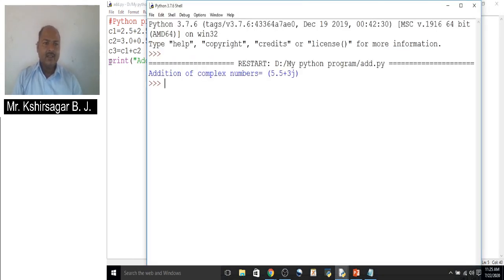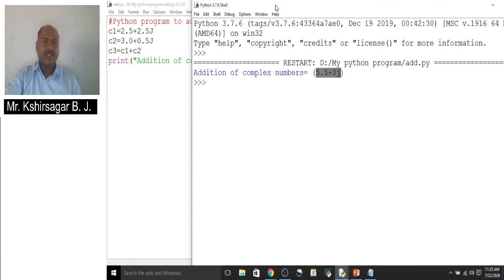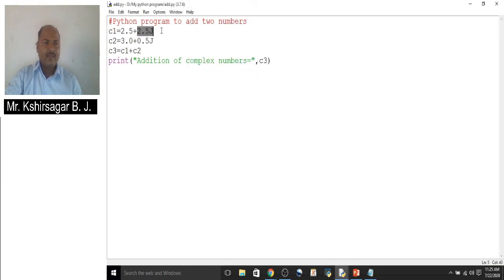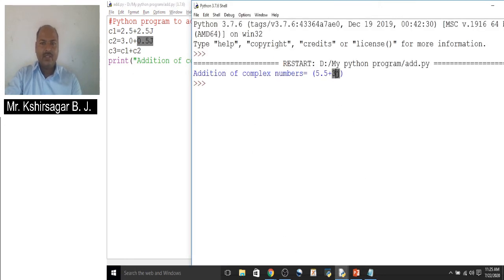Let us see. You get the output as 5.5 plus 3j. Look here: 2.5 plus 0.5 becomes 3, and 2.5j plus 0.5j becomes 3j.